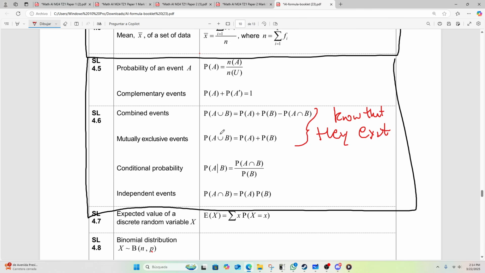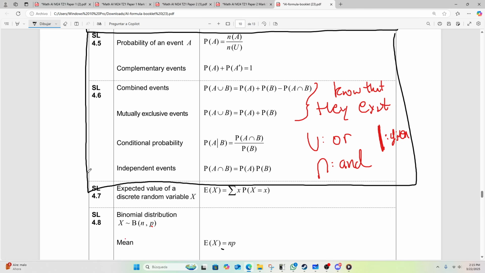Some of you are probably confused by what these symbols mean in the first place. This is associated to or, while this is associated to and. And so the probability of A or B for combined events is probability of A plus probability of B minus probability of A and B. Alright? This right here for conditional probability, I need you to associate this to given. So the way you would read this is that A given B equals the probability of A and B divided by B. Literally. Okay?